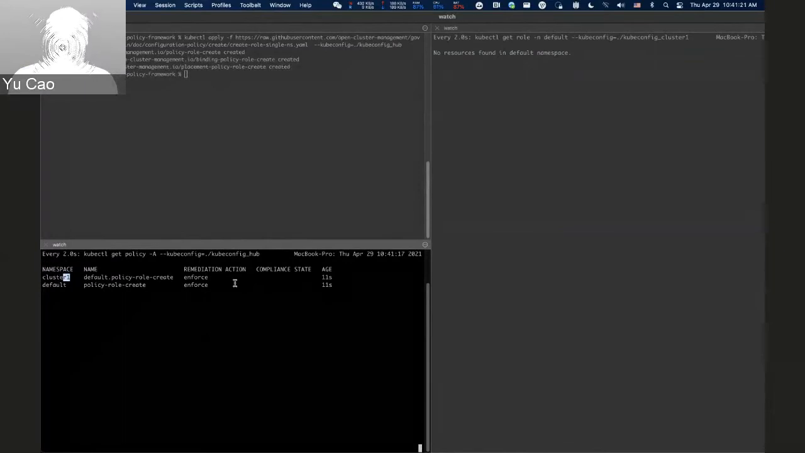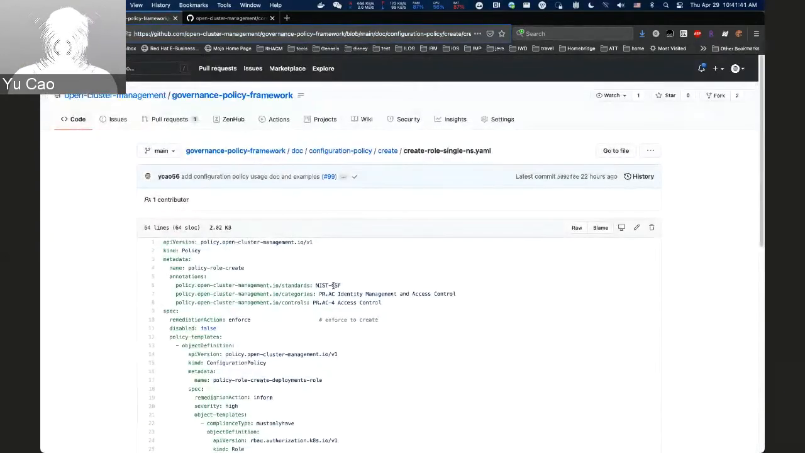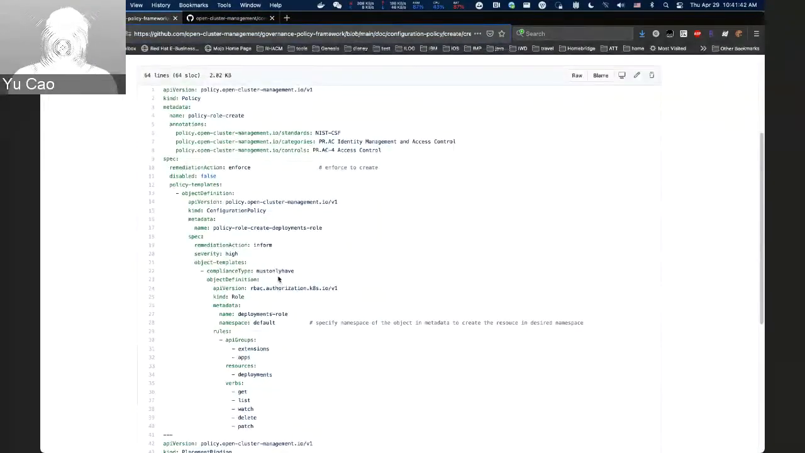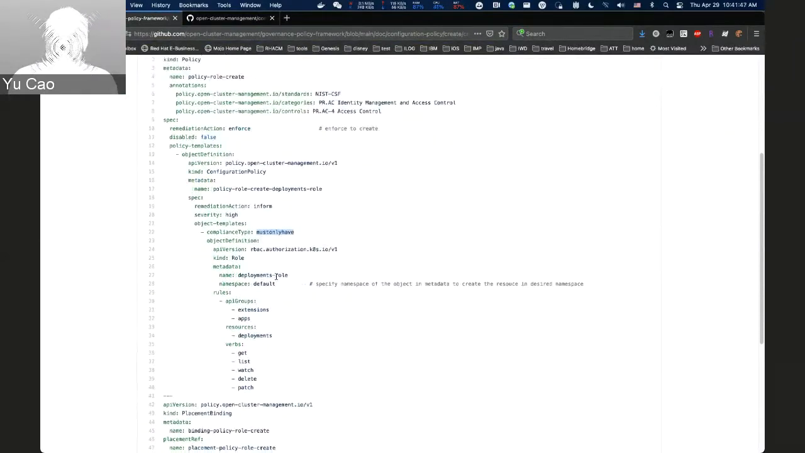Now let's give it a few seconds for everything to work. Right now it is showing compliant, and you can see that the deployment role has already been created. Now let's go back and take a look at the policy. What I'm using here is MustOnlyHave. MustOnlyHave means